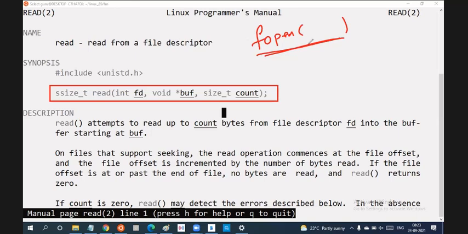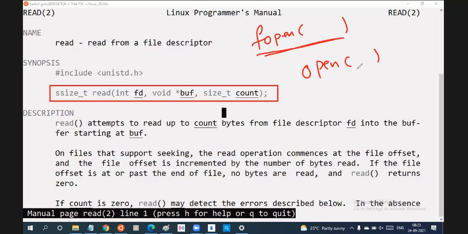Whatever the fopen in the C language we discussed will deal with only regular files. But the open system call not only deals with regular files, some other types of files also you can deal with. Can you tell me how many types of files our Linux categorizes? Can I say 7 types of files? Will you agree? So using the open system call, I can deal with, using this file descriptor,